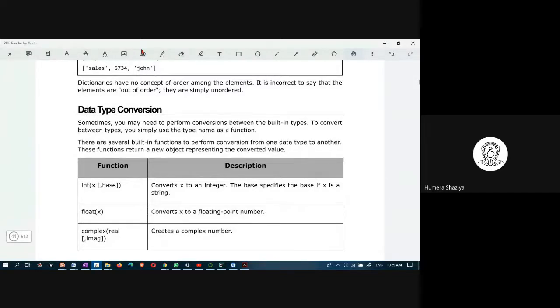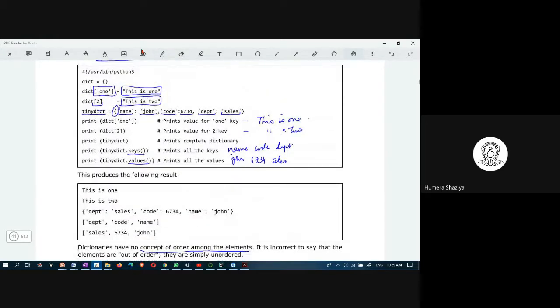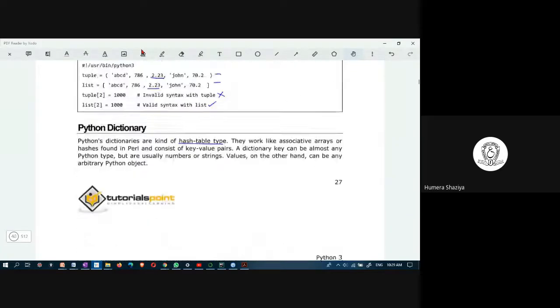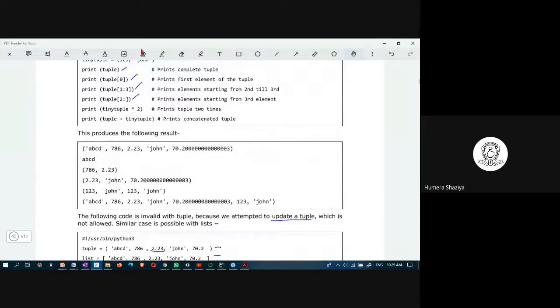One important point to note here is that dictionaries have no concept of order among the elements. Although we have created name as the first element, in the output, DPT is appearing to be the first. So here the elements are not ordered, whereas in lists and tuples, elements are ordered. And the significant point is that in lists and tuples, you don't specify the key or the index, because by default this is 0, this is 1, this is 2, 3, and 4.